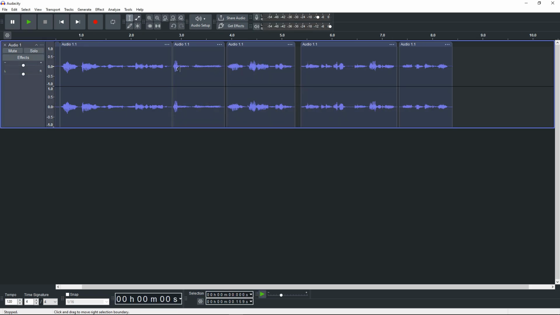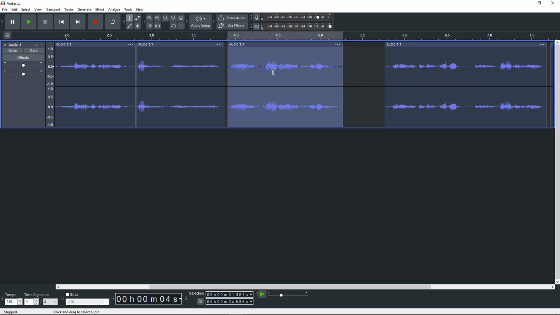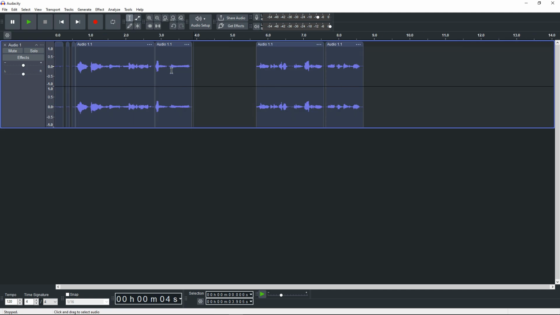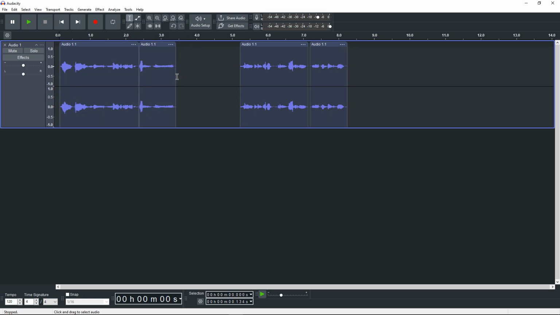The only real problem with this setup is that, say you wanted to delete this but leave the gap there, the best way to do it is to just slide that down like that, and then delete it. It's a bit makeshift, it's a bit messy the way I've done this, but I can attest to the fact that doing it like that, like flicking between clips like this, is infinitely faster, at least for me in my